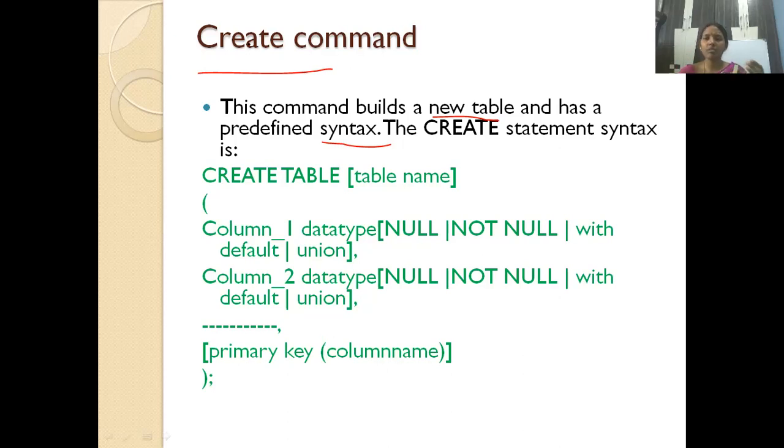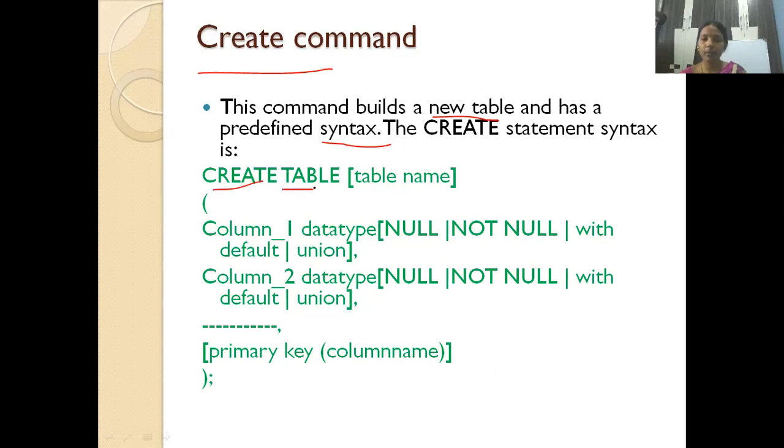In English, we follow grammatical rules, yes or no, so that we can understand whether a sentence is in the past tense, future tense or present tense. Similarly, if you inform the SQL compiler in this fashion, then only it can understand the query we have given, right? Now, create table is a predefined keyword.